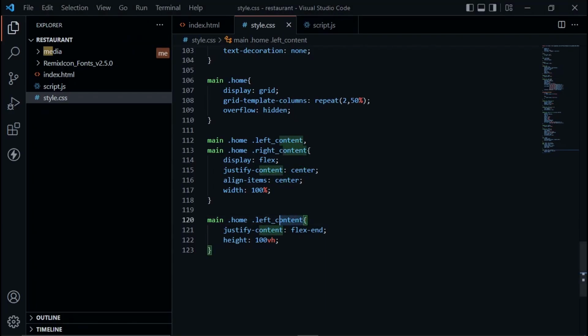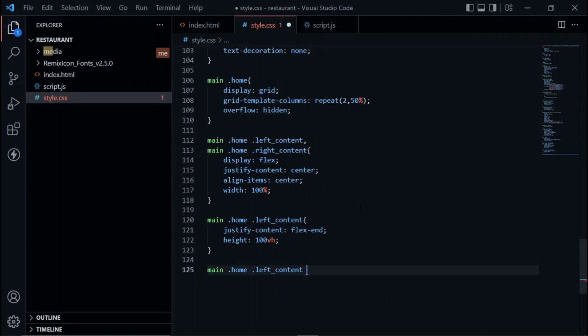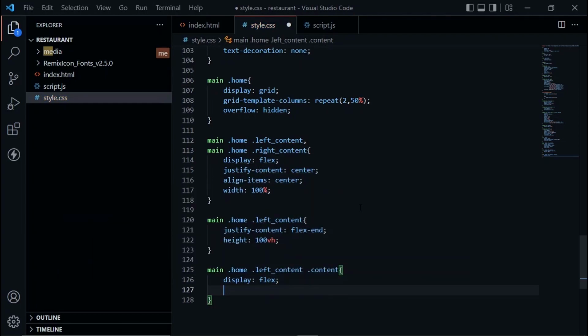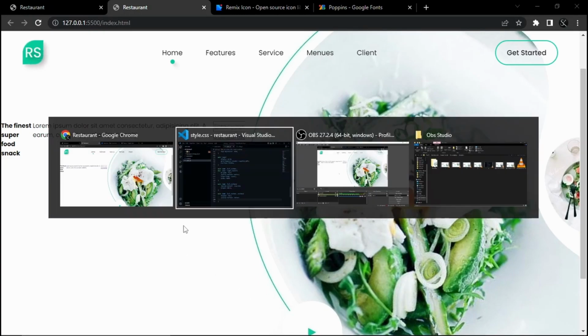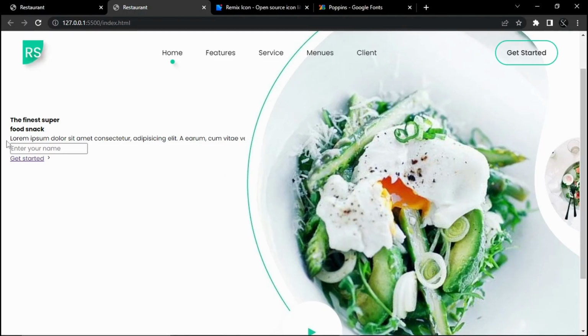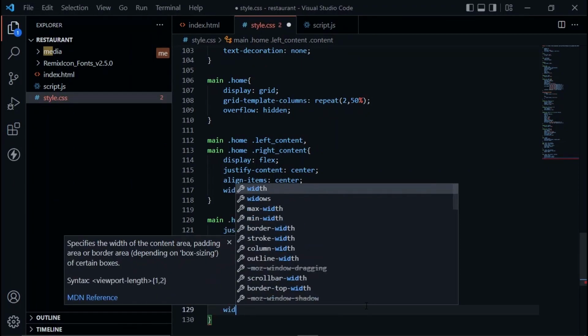And after this we will style out these contents. So here we will copy this, and from our HTML file we will copy this content class and set the property for this contents. So display of this content will be flex, justify content will be center, and after saving this you can see how our content looks. So we will make this content in column direction. So here we will use flex direction column, and after that you can see how our content looks, and width of this content will be 80%,